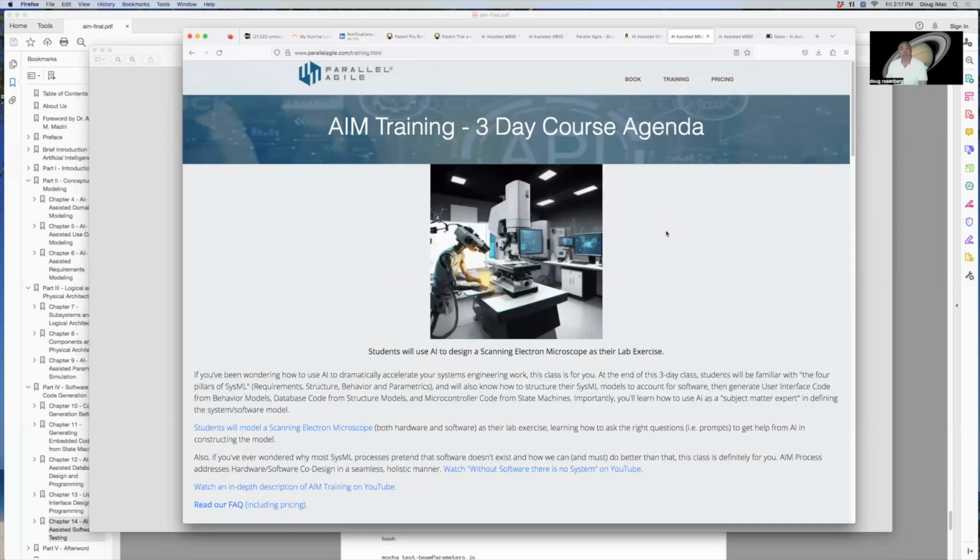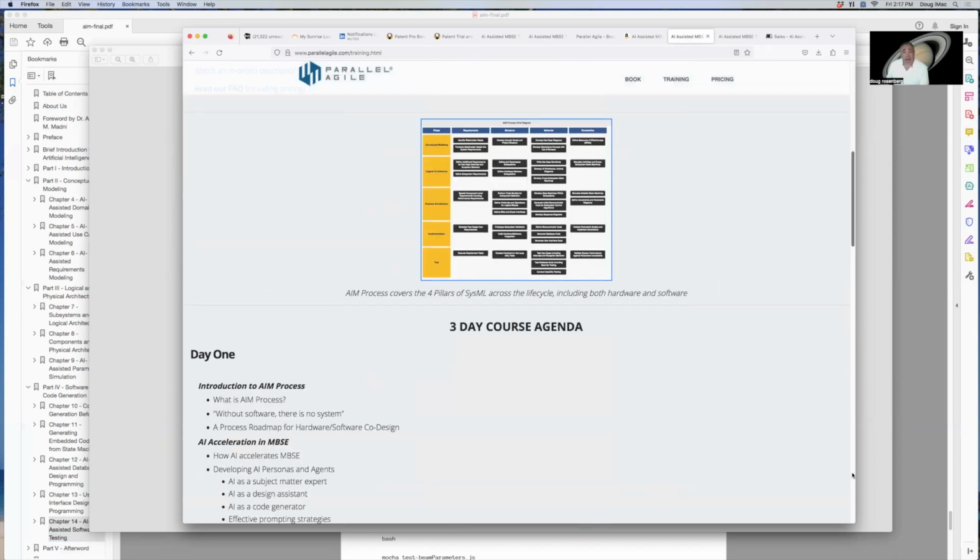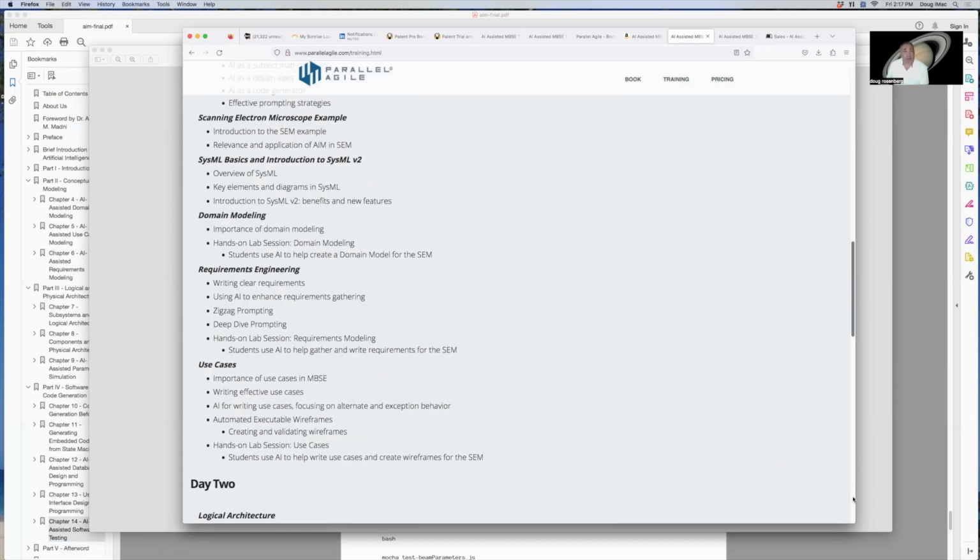And finally, we cover all of this material in our AIM training. And so here's our grid again, and then this goes through